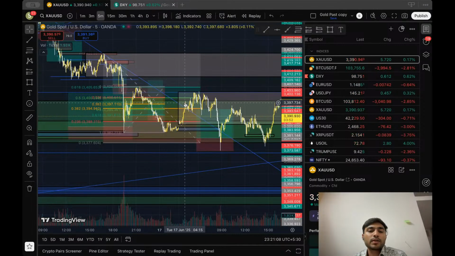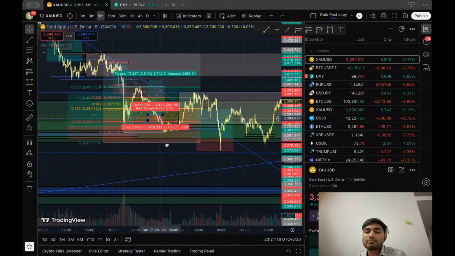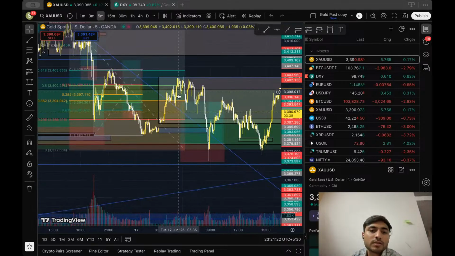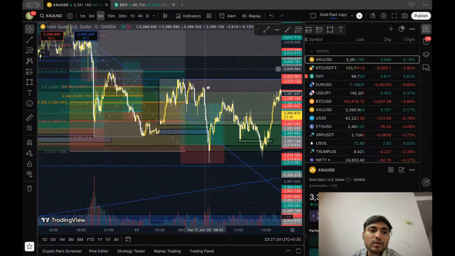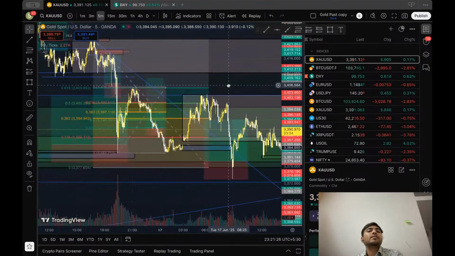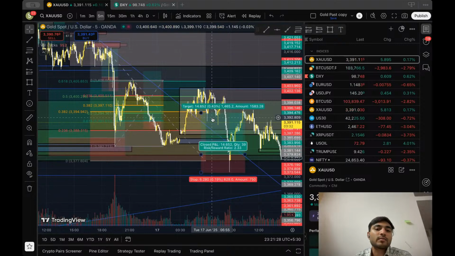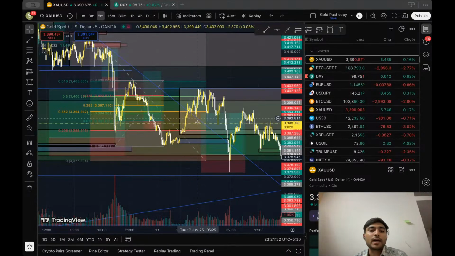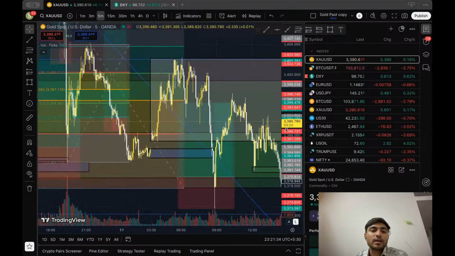So it closed above this. We tested it. We didn't have much of a trade here, right? It gave 392 to for just 100 pips. I don't consider that a trade as well, because a trend line trade, if it is a good trend line, should at least have 100, 200 pips per trade. Maybe at least a reversal. Or maybe we should have a reversal. It didn't happen. But we're getting this trade, right?